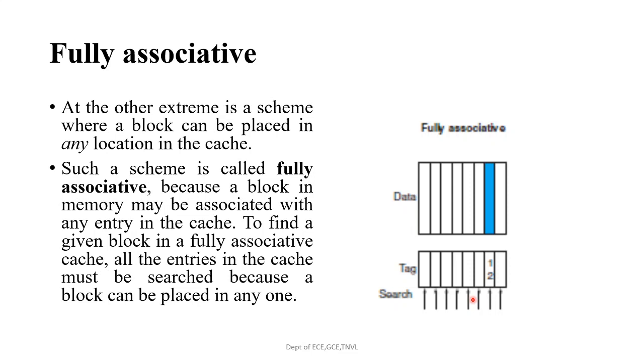So we can directly search according to the location in the cache, the location derived from the memory address, with the help of the tag field. The tag field is nothing but the upper two most significant bits, in case the memory address is of 5 bits. So we check this tag field and the index field of the cache. The index field may be 3 bits in case the memory address is 5 bits long. So we can search according to that. But in fully associative, we want to search all the fields of the cache, because the block may be anywhere in the cache.